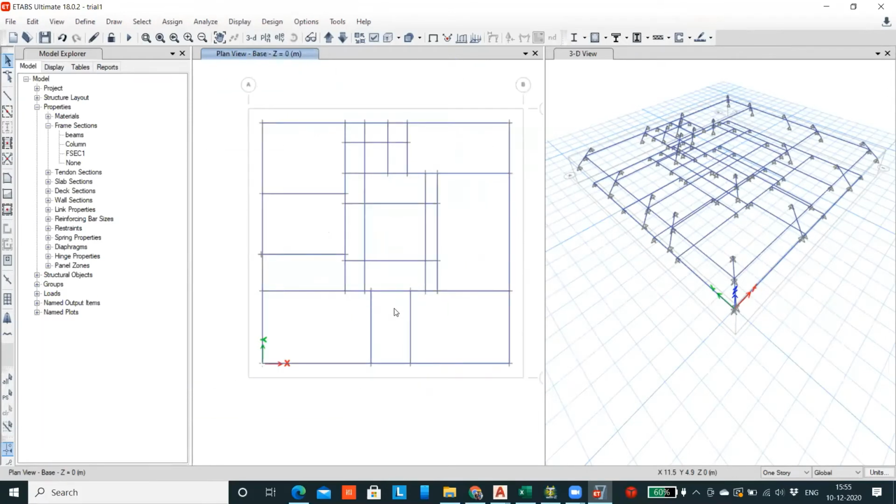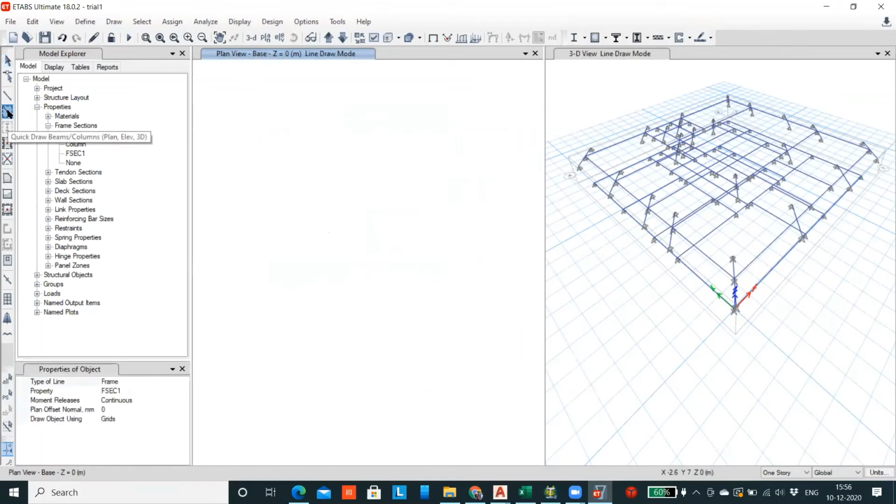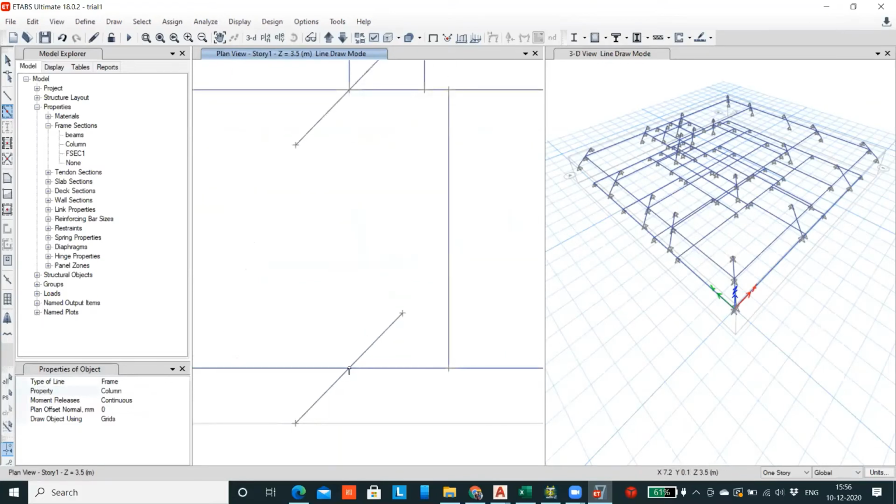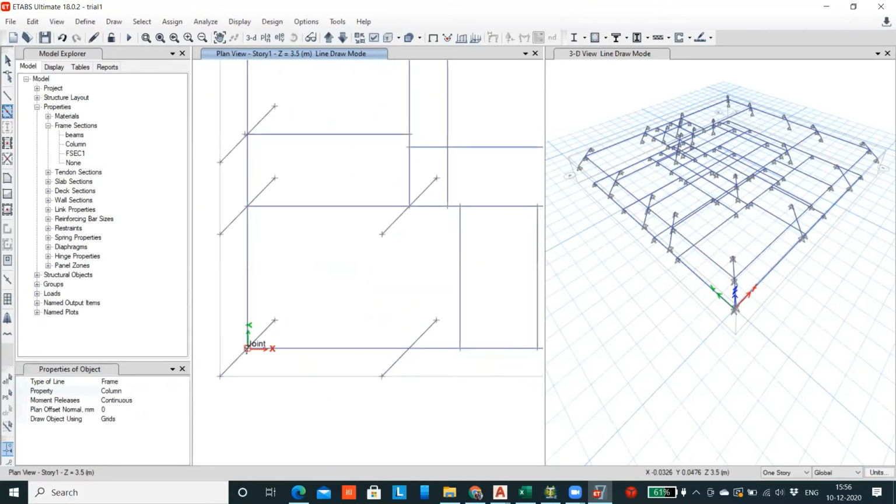So now from here, go to the quick draw column, click on this quick draw column. Make sure the property here is column, and go to the top view and simply click on the intersection point of here.